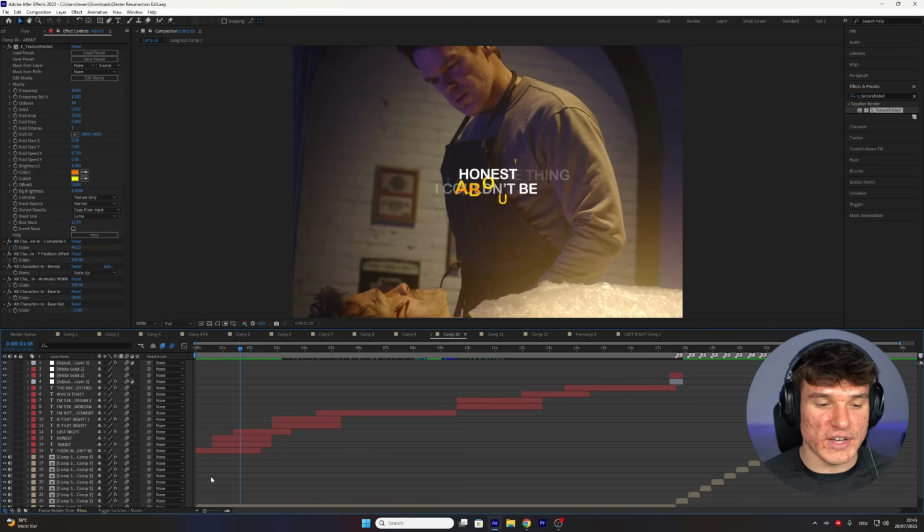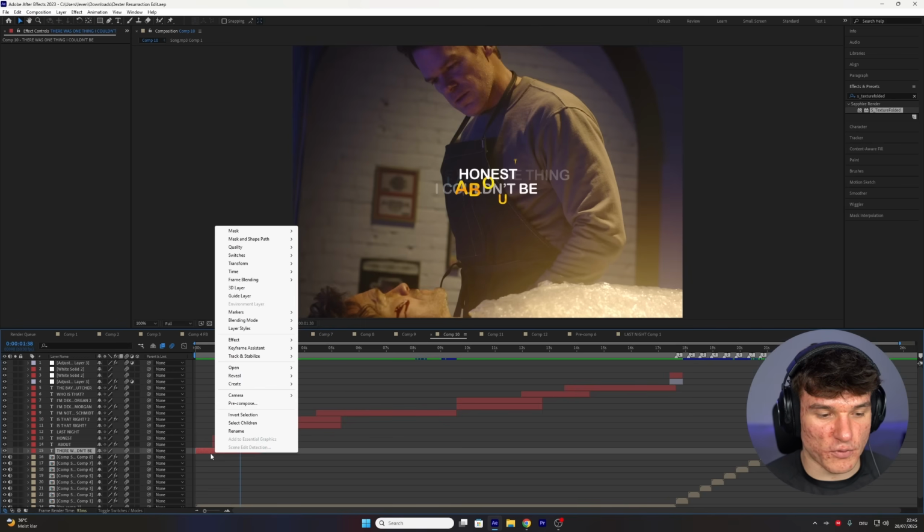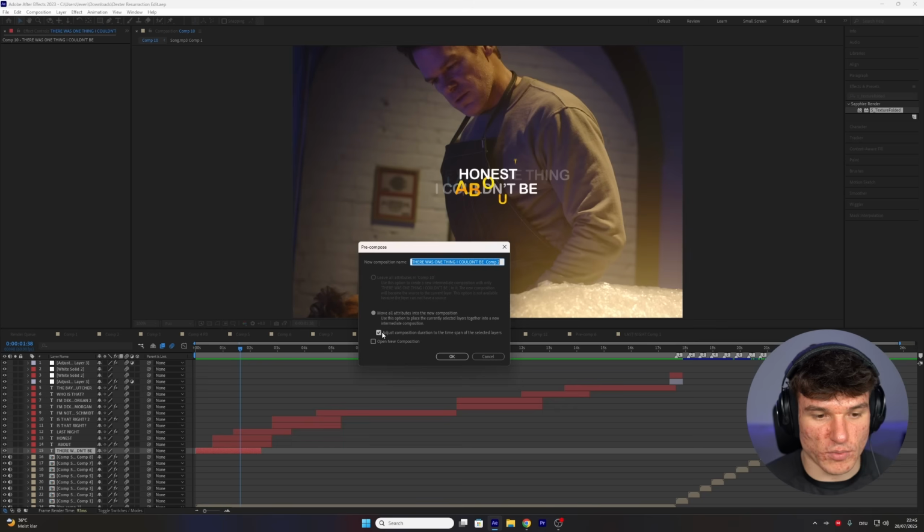So the next thing we want to do is add our text effects. Before we do that, similar to the clips, we want to pre-compose our layers first, especially because we have multiple text layers for one line of text, which otherwise will mess up our text effects. So start by right-clicking onto the first text layer, click on pre-compose, select the bottom option, enable this checkmark, and